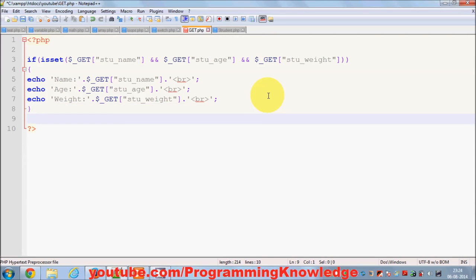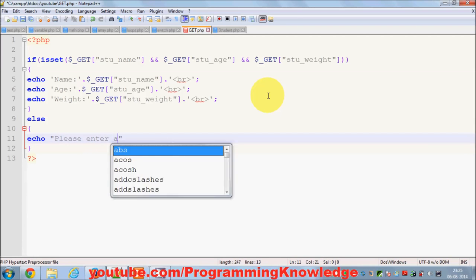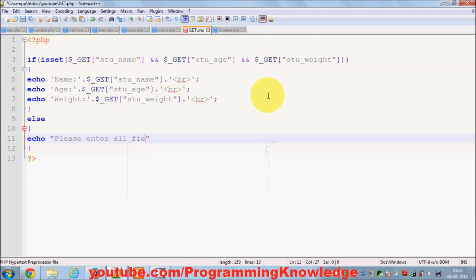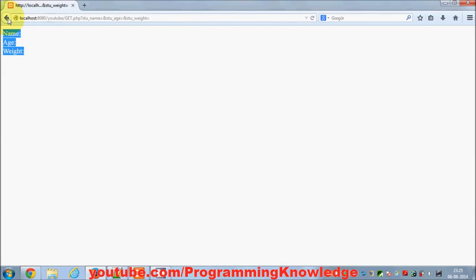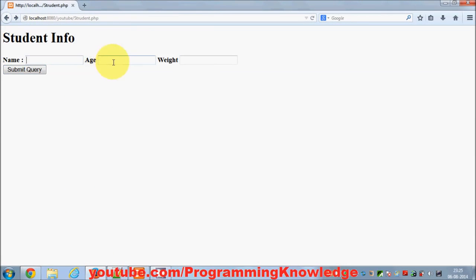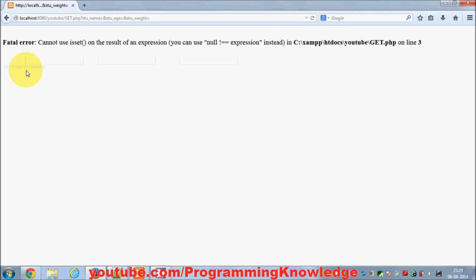Otherwise, else, I will just echo "please enter all fields." Okay. So now when I submit this form as blank,